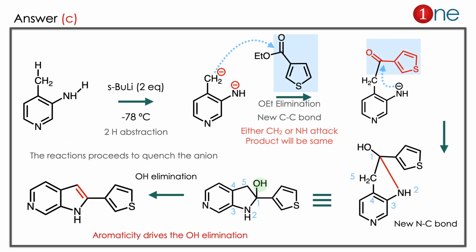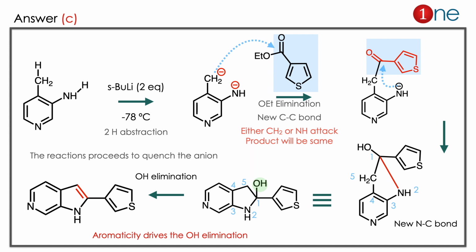The answer is C. Let us see how. The starting material, you are using butyl lithium, 2 equivalents. So you have the possibility of a dianion. If you have difficulty, you can write it step by step. To save space, here I drew the dianion. So the anion is there. In the next step it attacks the carbonyl. Any anion can attack first, the result will be the same.